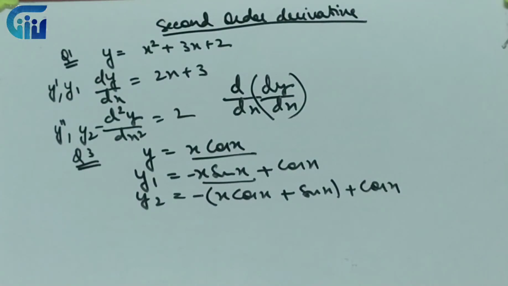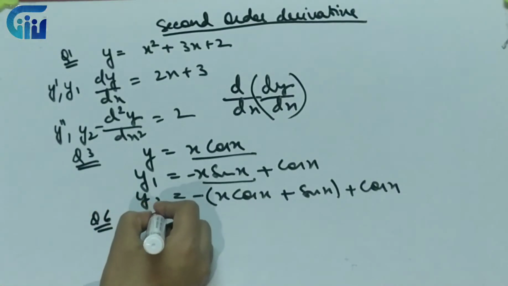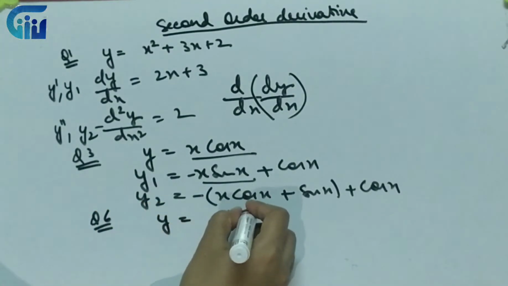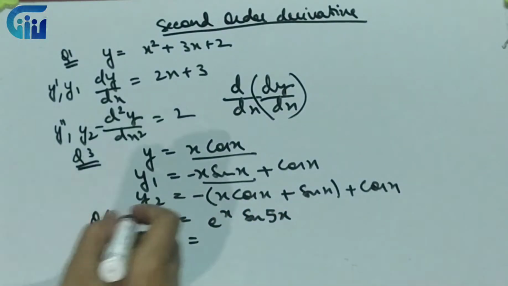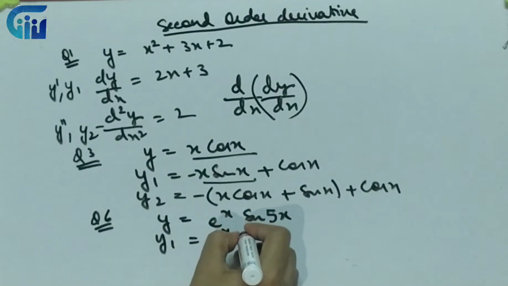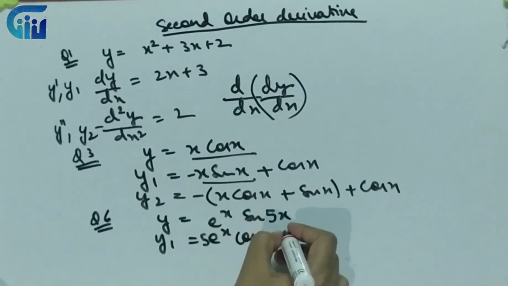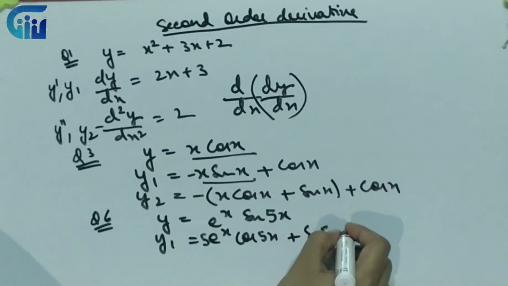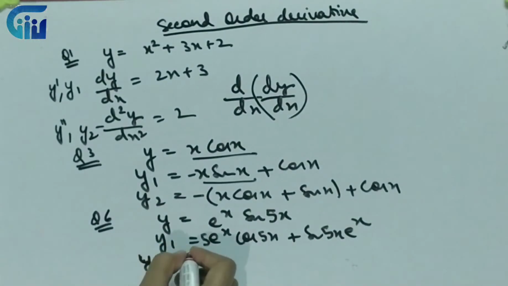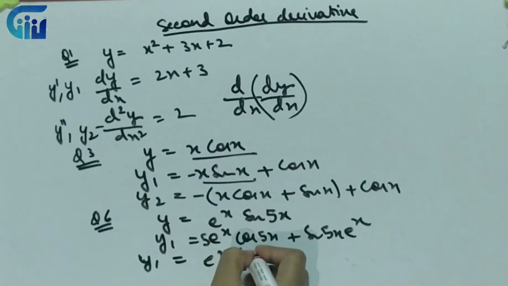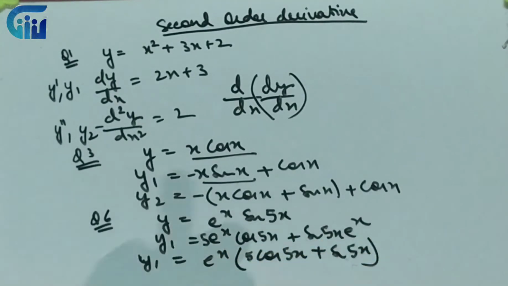Right? Then moving on to question number 6. Again, question number 4 is simple, 5 is simple. Question number 6 says, so we have e^x. I have handpicked those questions which I feel students will face difficulty. So if I use product rule, e^x as it is, derivative for sin 5x will be cos 5x into 5 by chain rule, plus sin 5x as it is, e^x derivative is e^x. Now if we want to take common and then differentiate, we can, like this. It will be easy for us. So we will write it like this, taking e^x common.